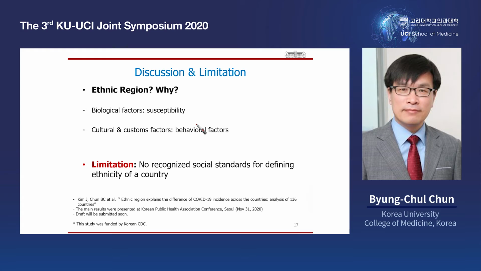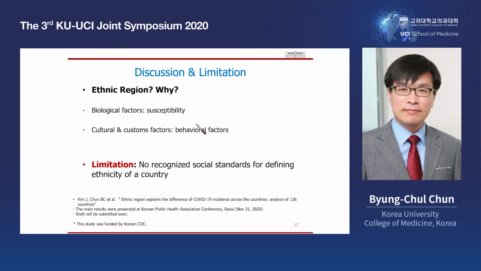Ethnicity itself is a complex concept, and the ethnic group classification in this study is also very crude. However, there are no recognized social standards for defining the ethnicity of a country. We define ethnic region by the major ethnicity and region according to a previous study. And why does ethnic region matter in COVID-19 incidence? If this is true,